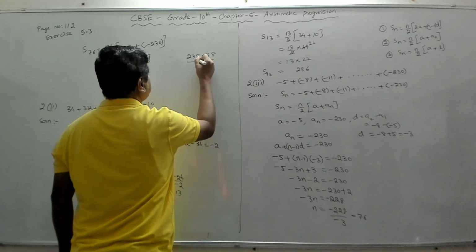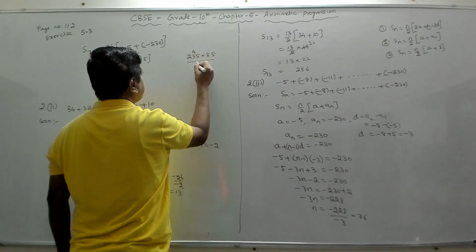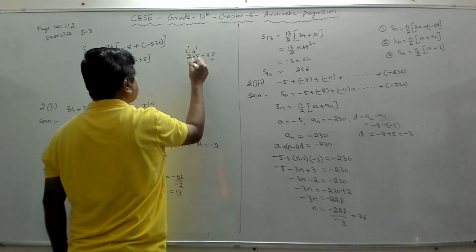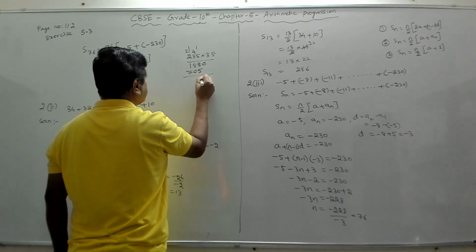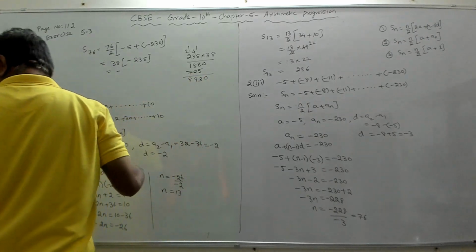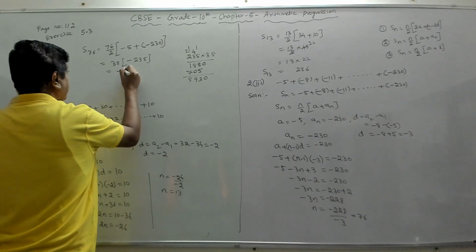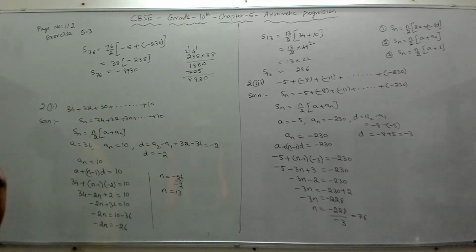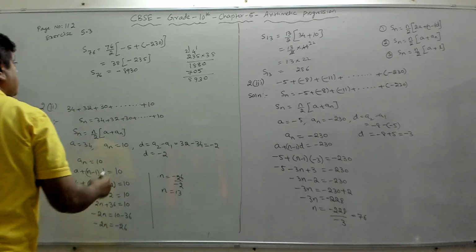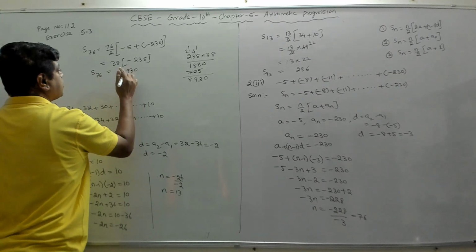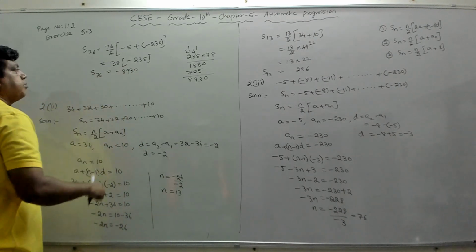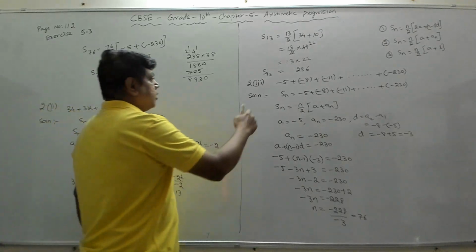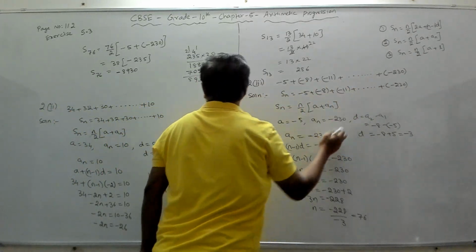If you multiply this, 8 5s are 40; 8 4s are 24, 28; 2, 16, 18; 3 5s are 15, carry 1, 9, 10; carry 1, 6, 7. So you get 8930. Your answer is minus 8930. That is the sum of the 76 terms. If you sum up all these terms, you get this.